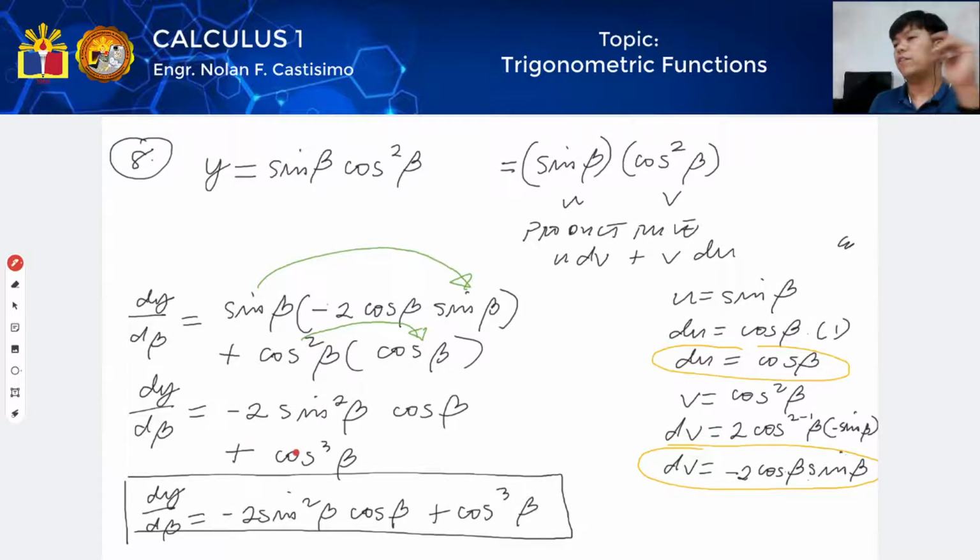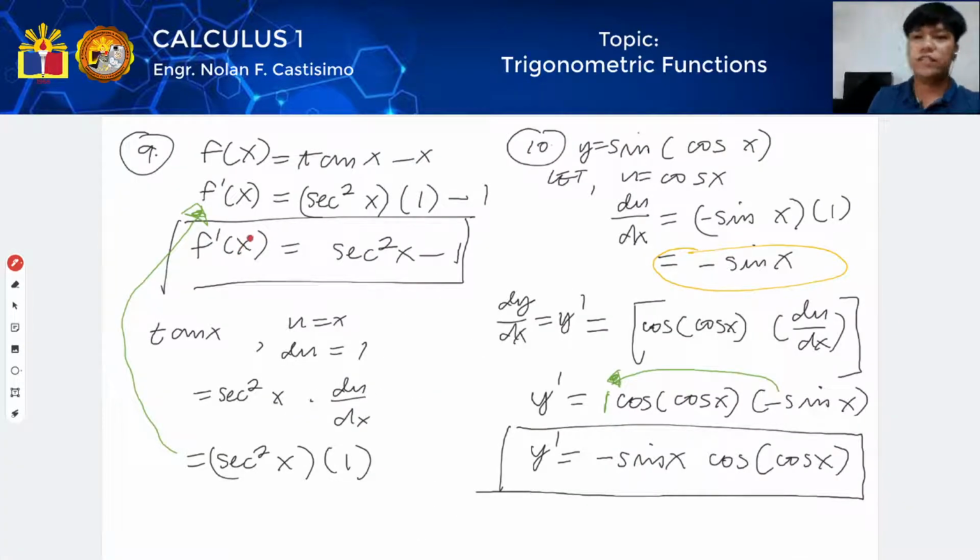And then, isi-simplify lang natin. Okay. So, ito, sine beta times sine beta, kaya naging sine squared beta. And then, si negative 2, nilagay na lang natin dito. Okay. Tapos, cosine squared beta times cosine beta is equivalent to cosine cube beta. Okay. So, ito na yung pagiging final answer natin. Naayos ko na. Next,